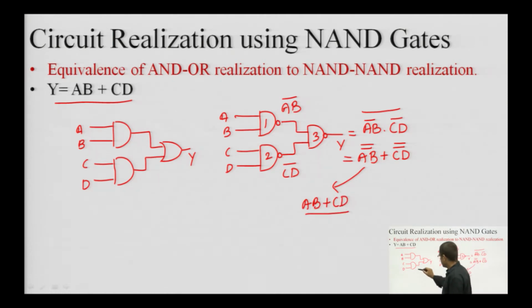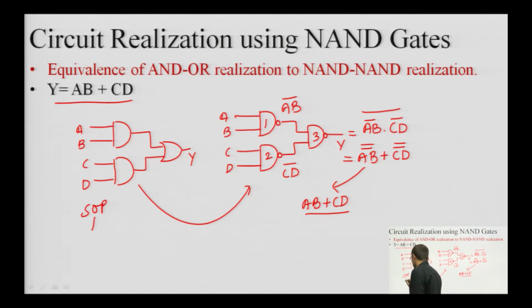That means I can say that this AND-OR based structure is exactly similar to the NAND structure. That means I am authorized to replace AND and OR gates with NAND gates. So, NAND based structures can be easily prepared for AND-OR structures, and AND-OR structures are directly related to SOP. Okay. So, SOP, AND-OR and NAND, all these three things are interrelated with each other.